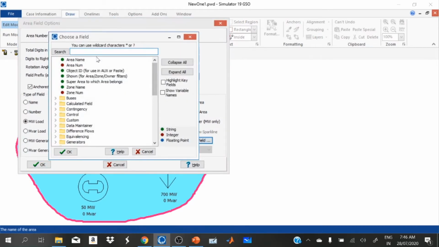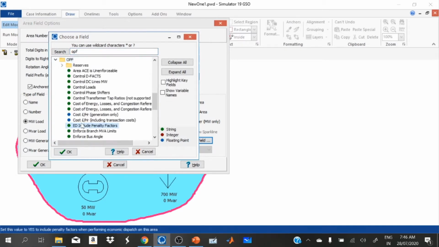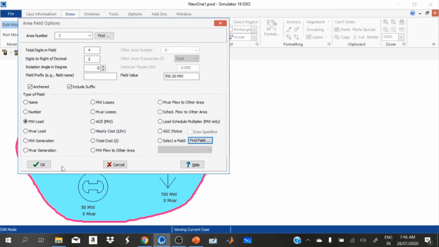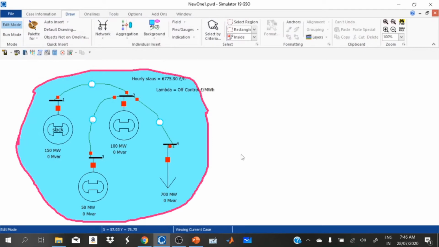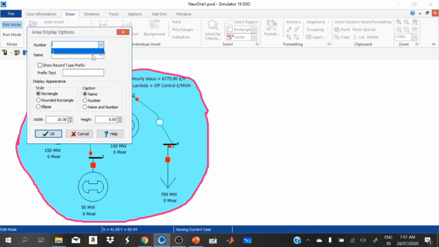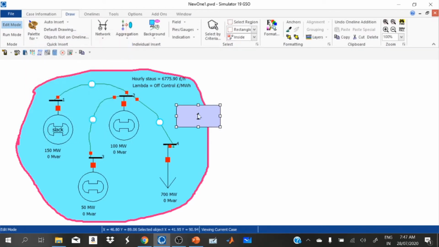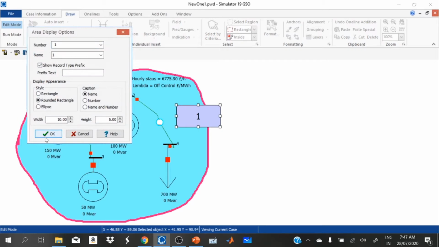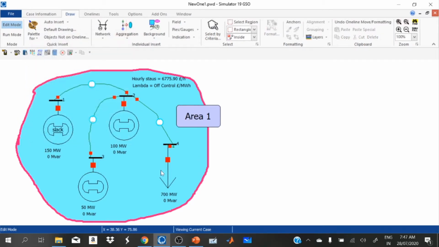Select lambda, OPF, lambda. This is the lambda of area 1. Now we can give aggregation, area 1.